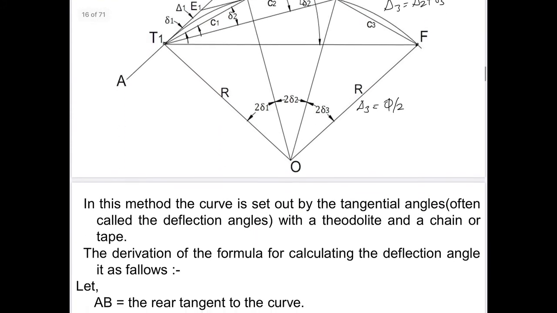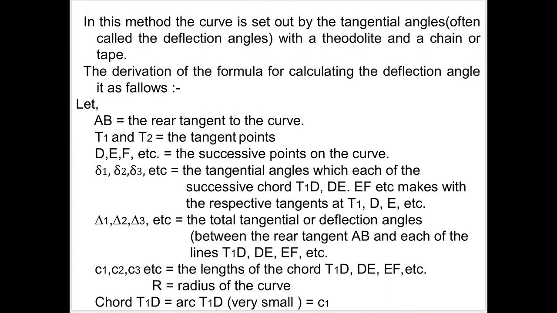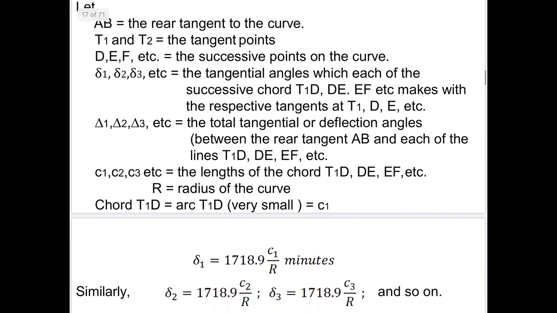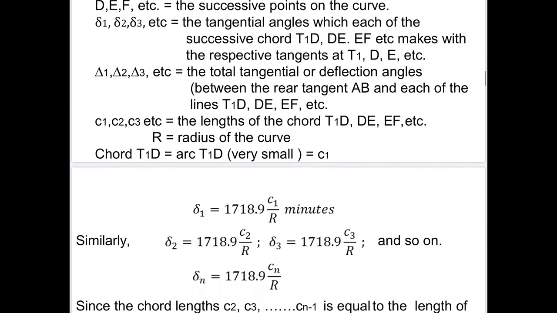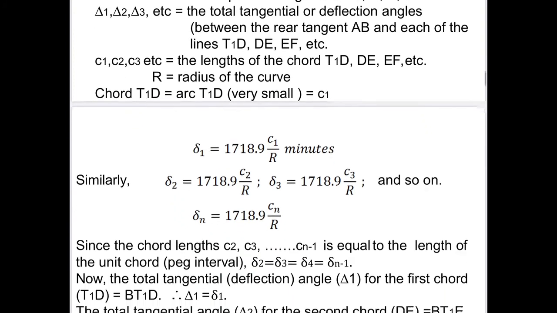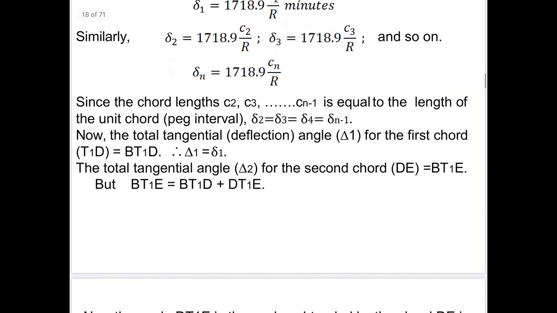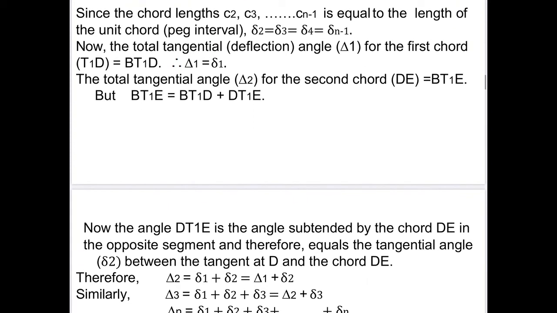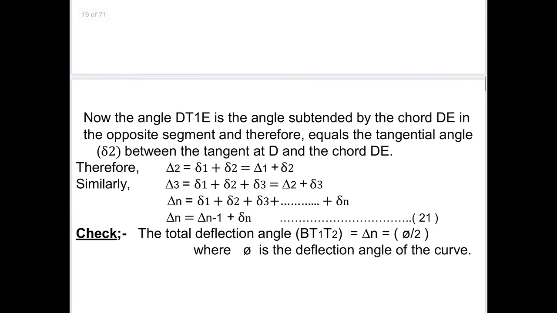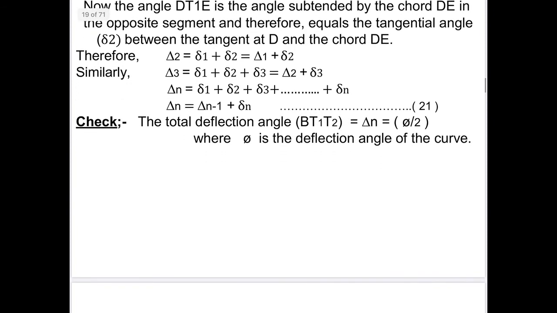All this procedure is explained below, and you can go through it, which I have already explained to you. How to set out point T1, points D, E, F, their calculation by using the formulas and knowing the deflection angles delta 1, delta 2, delta 3. Then by using this, we have to find out triangle 1, triangle 2, triangle 3. All this has been explained in the slides below. You can go through it and write it down for your better understanding.